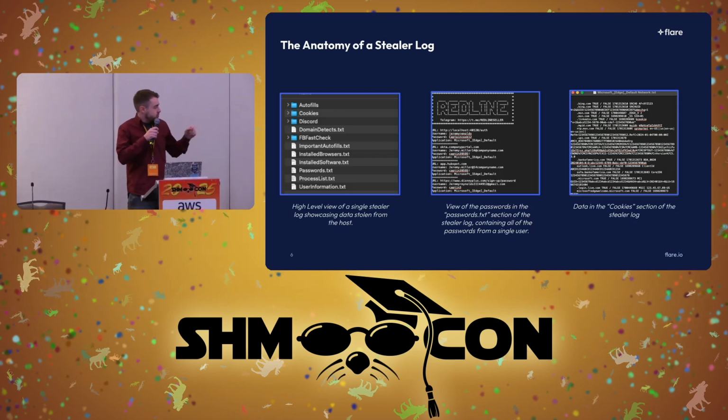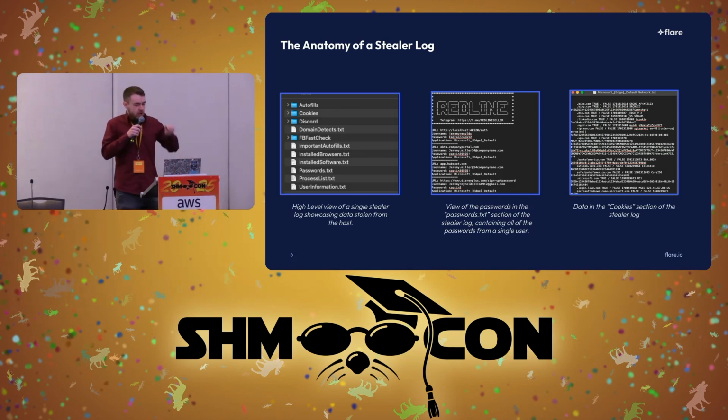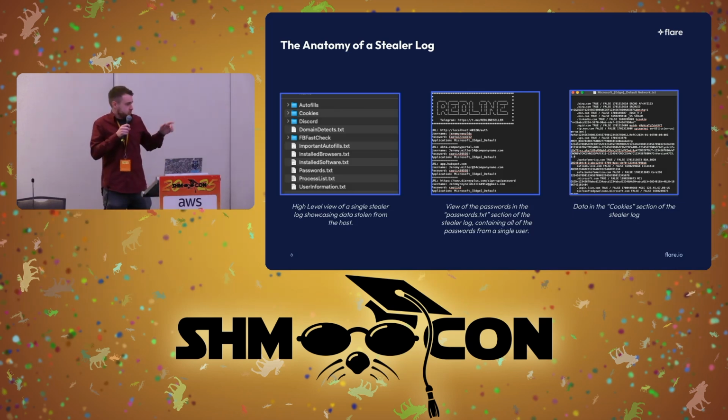Now the center pane is the passwords file, and this is fake passwords. We're not doxing anybody here. I filled these in myself, but you'll see here too, notice the Redline advertisement. Even in the passwords file, they're actually advertising their malware, which is a really interesting thing. And we're going to talk about this a lot. There's an economic component to this. The same thing that allowed you to get Starbucks this morning is also driving a probably $100 million malware ecosystem, which is capitalism. Finally, we have the session cookies file, and this is really, really critical because this is how